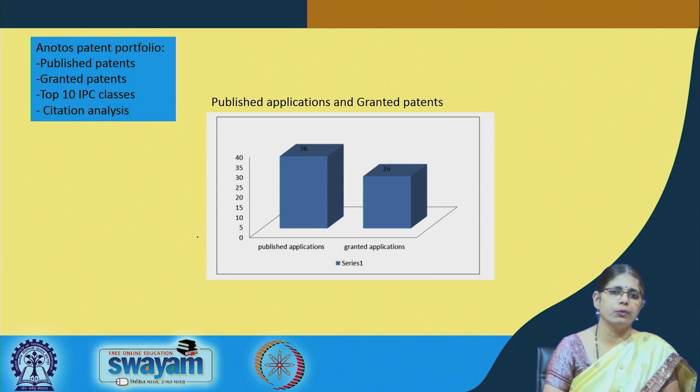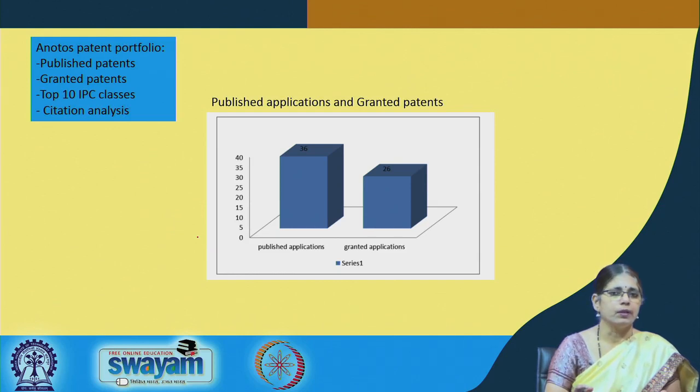The simple way to do it is, once you have downloaded the basic patent data set into an Excel sheet, you can filter the patent data set utilizing the filter option for assignee, where you choose only the major assignee. In this case, we are looking at the top assignee, who is Anoto, and the patent portfolio in relation to this particular assignee. So, all that we do with the general landscape analysis can be done with respect to a single assignee as well.